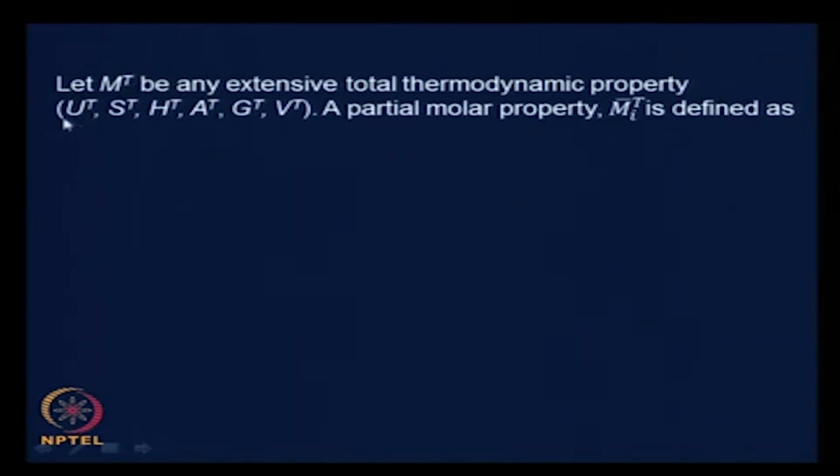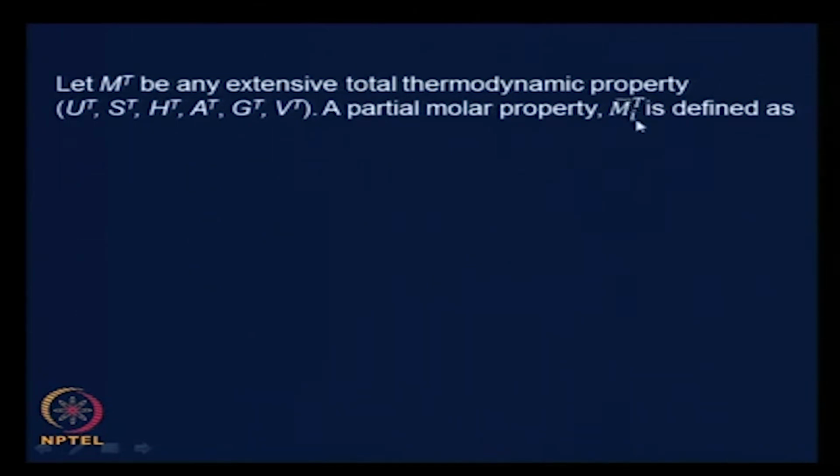For example, it could be Ut, which stands for the total internal energy, St total entropy, Ht total enthalpy, At total Helmholtz free energy, Gt total Gibbs free energy, or Vt total volume. If this is the case, then the partial molar property, which I am going to represent as Mi with a hat over it,